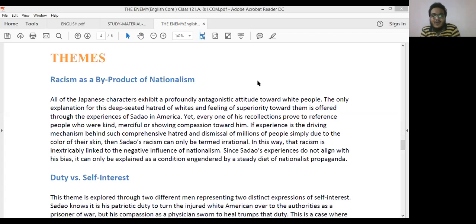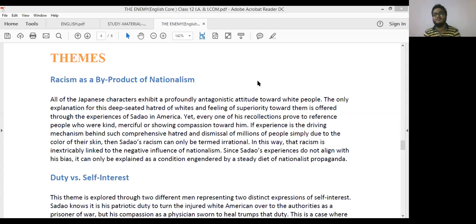Yet everyone in his recollections proved to be people who were kind. See here, the general Americans treated the Japanese very badly, but with Sadao, the people were very kind. He recalled those memories as merciful, showing compassion towards him. If experience is the driving mechanism behind such comprehensive hatred and dismissal of millions of people simply due to the color of their skin,